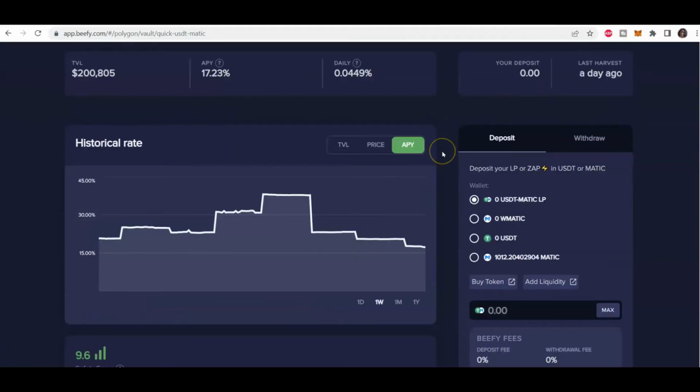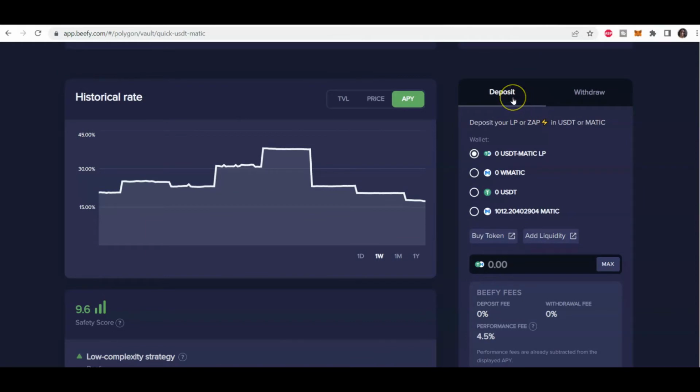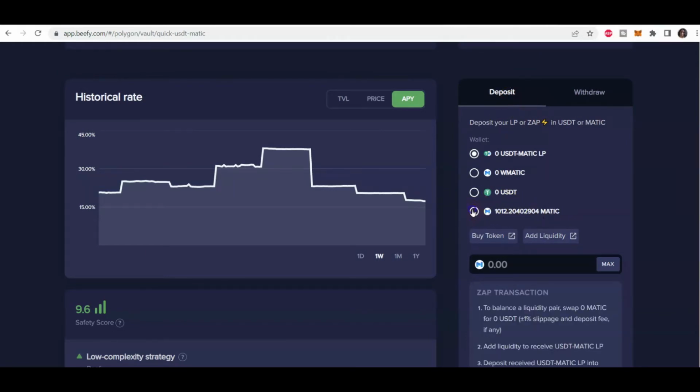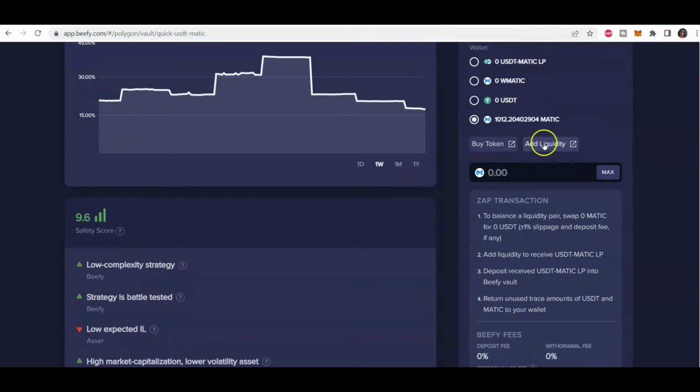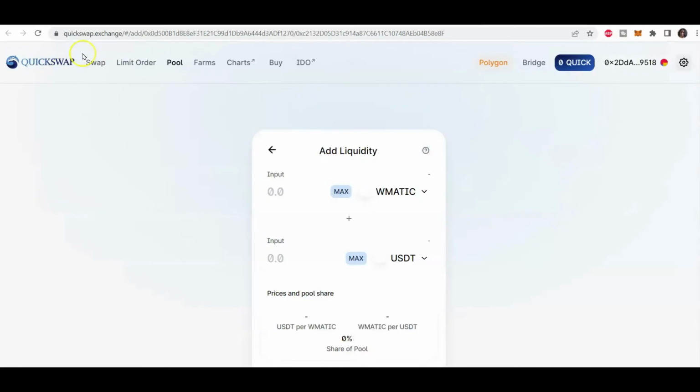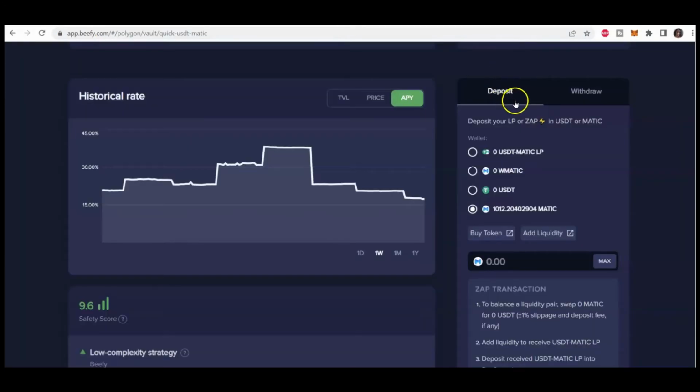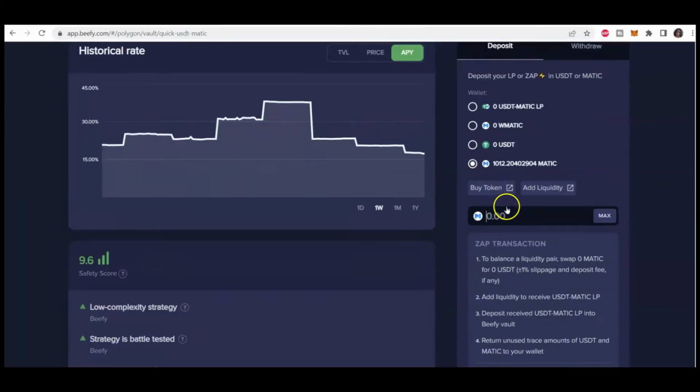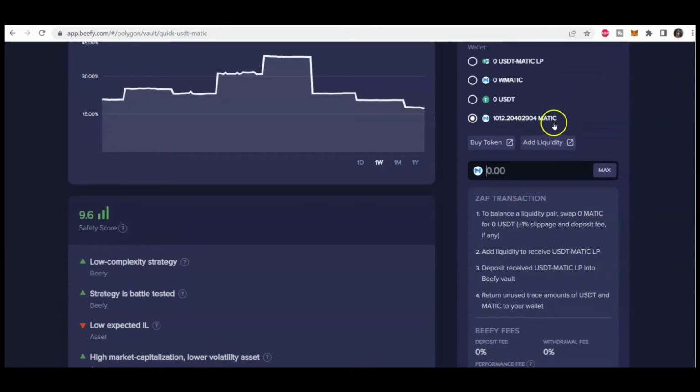Okay, so moving further down here, we are at deposit. So I want to deposit my Matic. So I'm going to highlight that and click on add liquidity. And then it takes me to Quickswap. So Beefy Finance now directs me to Quickswap. So this is where I deposit what I've got in my wallet. And there it is, right there. So if I click on the maximum,